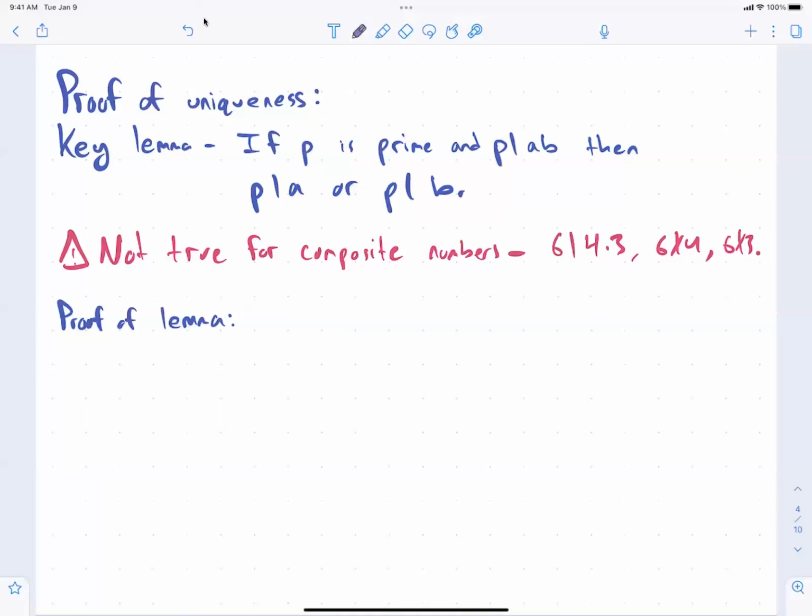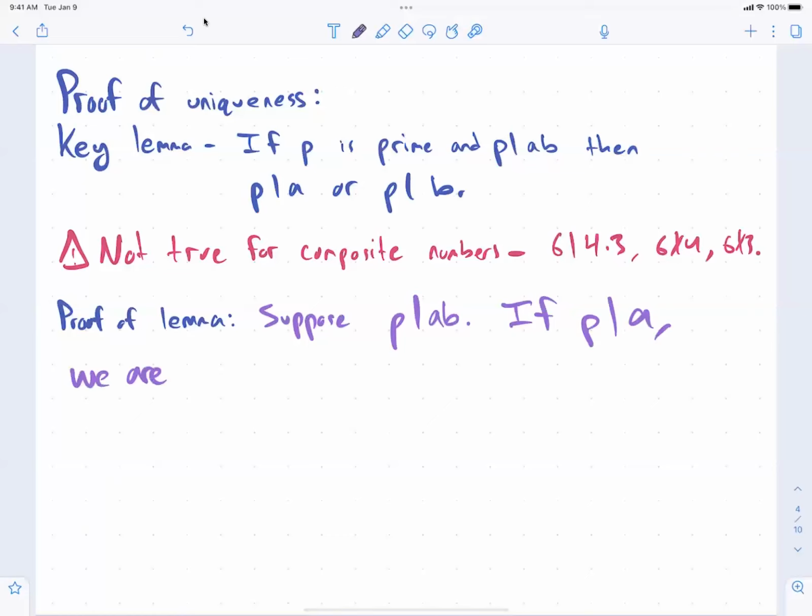Well, suppose P divides AB. I'm just trying to show P divides A or B. So if P divides A, we're done. P divides A and we're good. Good. Otherwise,